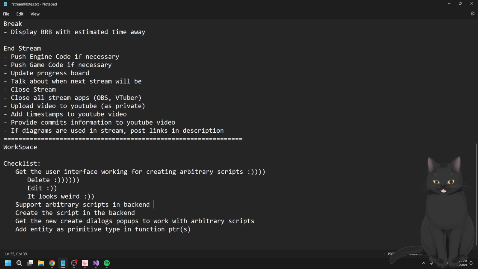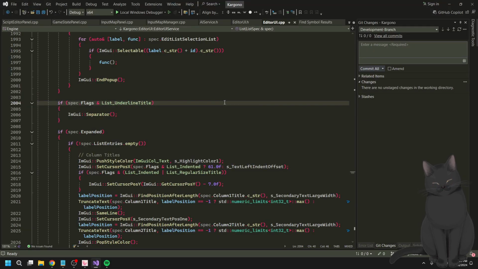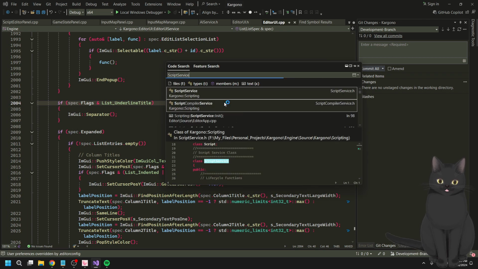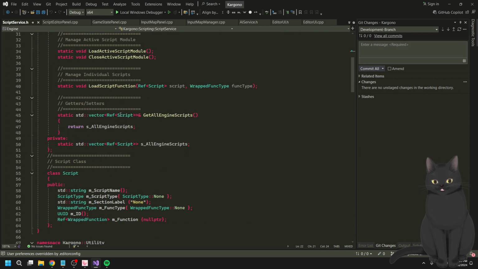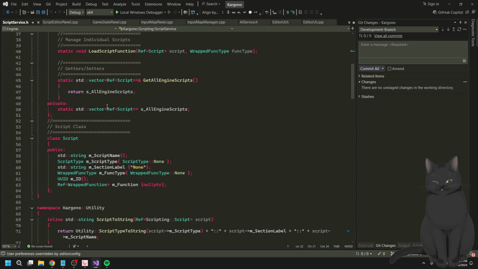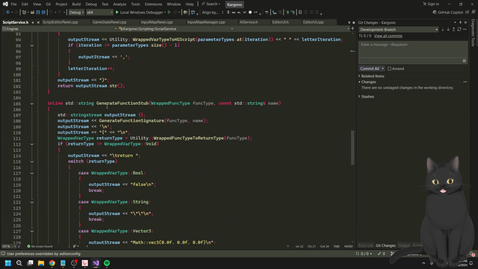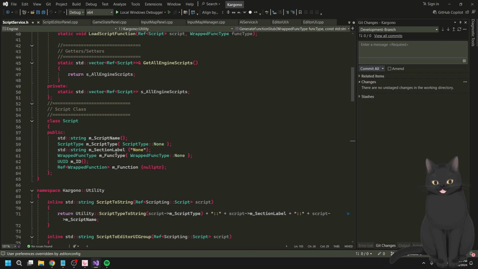All right, so arbitrary scripts, right? Basically, I need to look at how I store scripts first, and then I can change it, right? So let's head over to script service. Okay, so this is basically what a script is, right? So we have